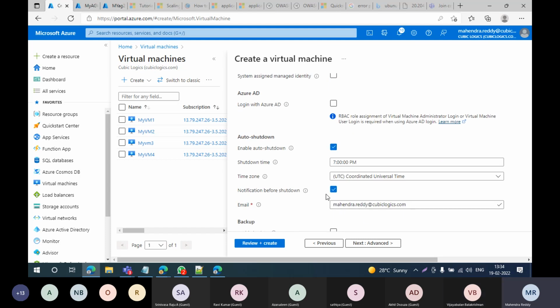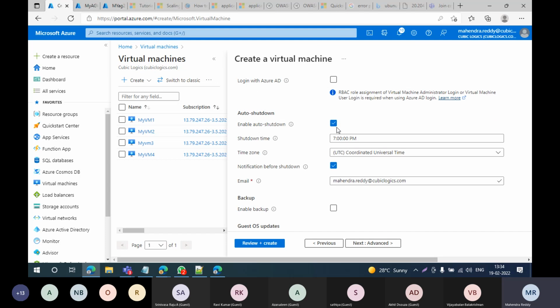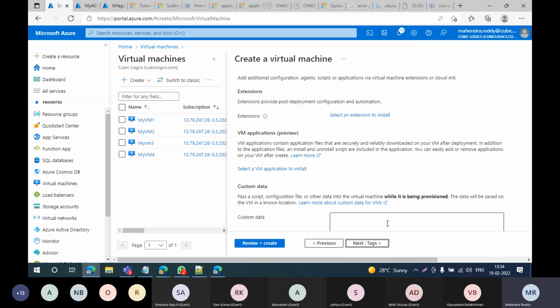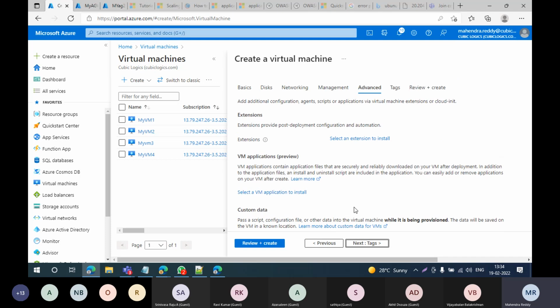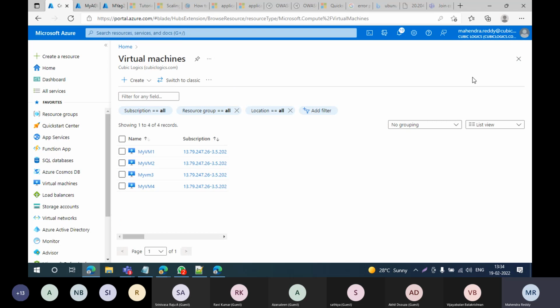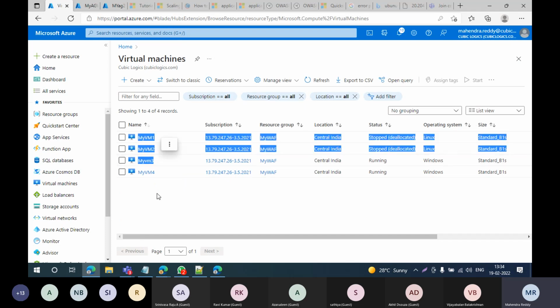If you want auto shutdown, we can set it here, at any time after late hours, and then review and create. These are the options I used. This is the way I created VM3 and VM4.